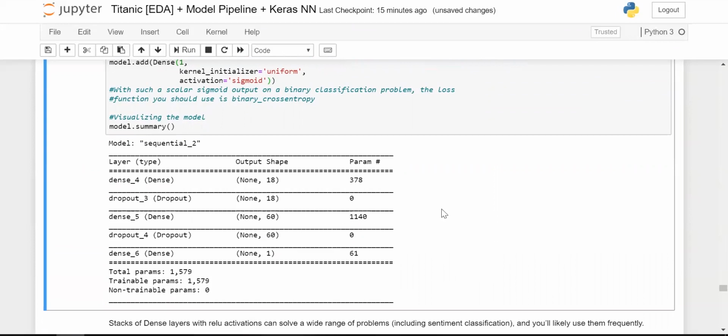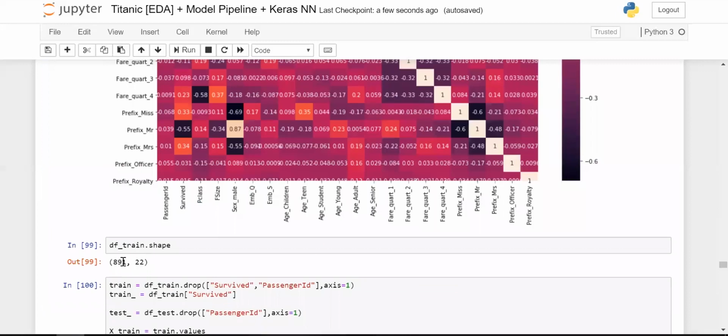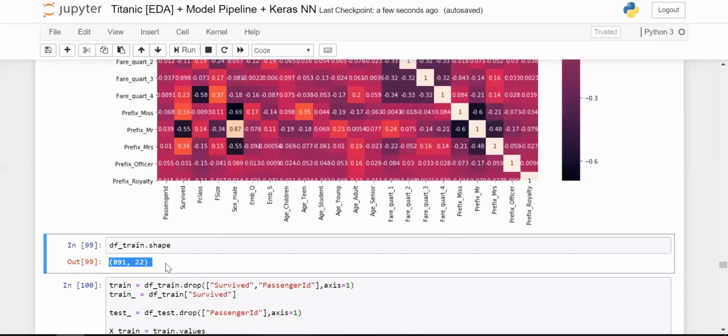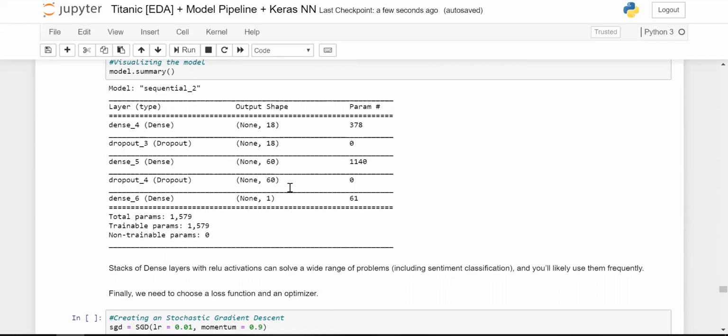Keep in mind that I deliberately didn't add as many layers as possible to make it a complex neural network, or you can say a deep neural network. This is done because the number of input records for training is quite less, which is 891 rows. Had we taken the deep neural network approach, this would have resulted in an overfit model. But if you have data in terms of millions, like 10 million records, in that case we could have built a beautiful deep neural net that will perform excellently upon the data.